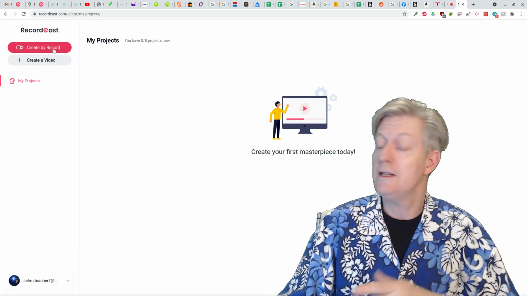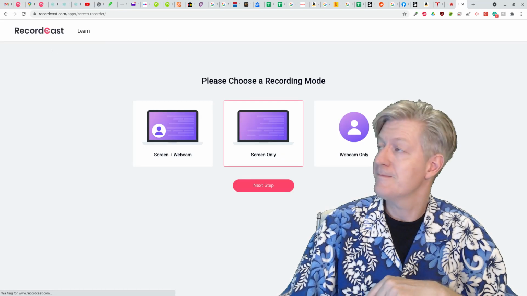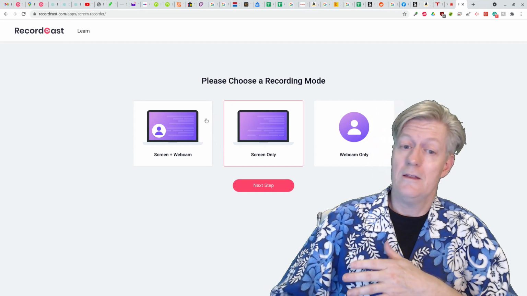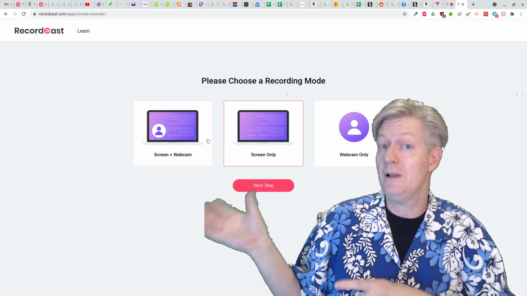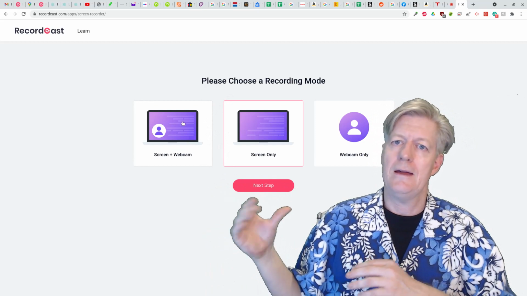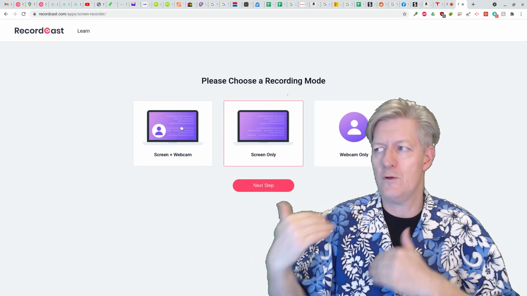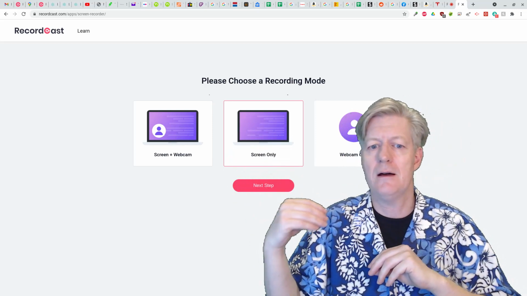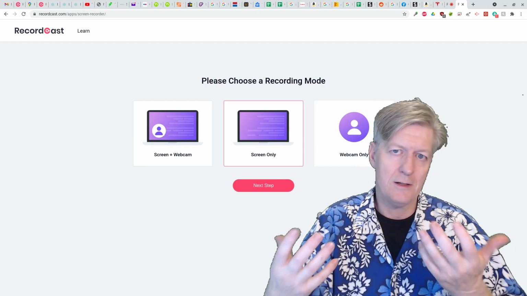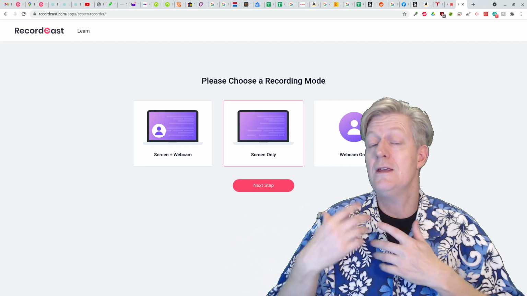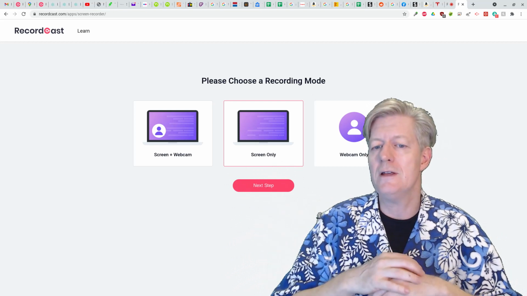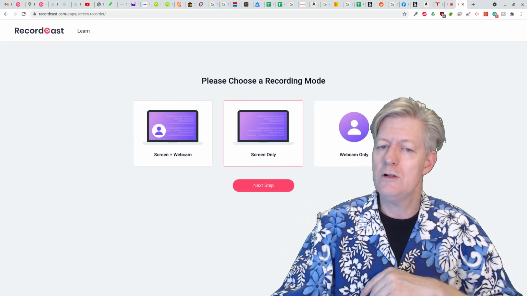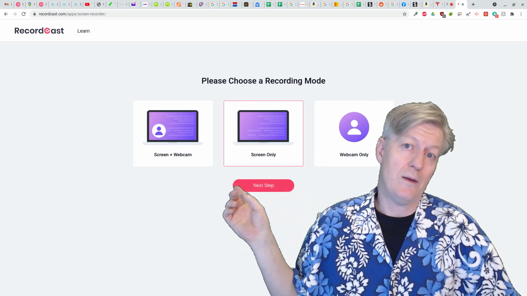So what I'm going to do is click on record there, and after you click on free record, you notice that you have three different choices here. The first choice is webcam plus your screen, and it's going to create two different files for your machine. One file will be for the background screen, and then another file will be the webcam content or footage. And then the middle option is for screen only, and the last one is webcam only. So what I'm going to do is click on screen plus webcam and record some of this.